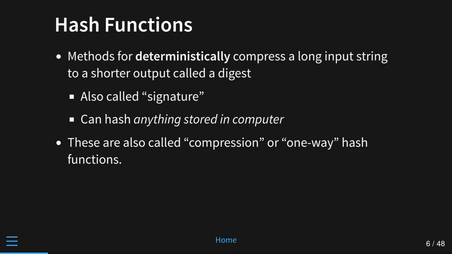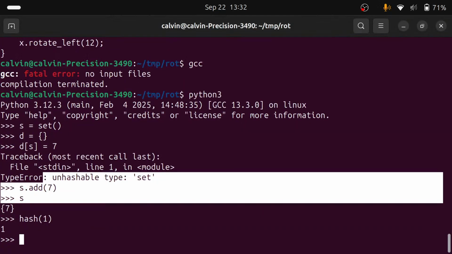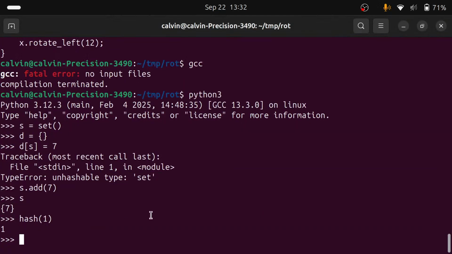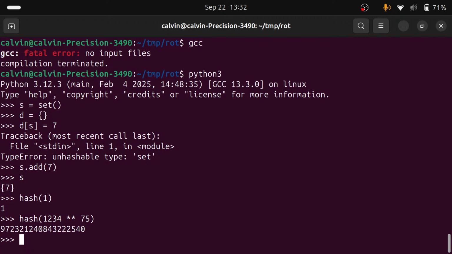So, these things are also referred to by two other names, which are compression hashes and one-way hashes. Why is that? Well, if I hash something in Python like 1, I'll get back a relatively small number. But if I hash a large number, and we'll just take my favorite, I'm going to get back a much smaller hash than the size of the number. What that means,